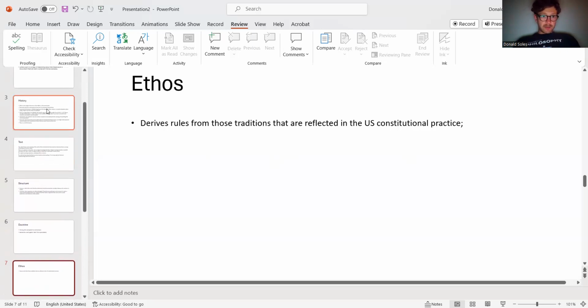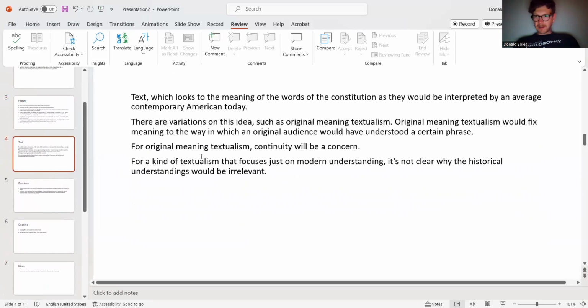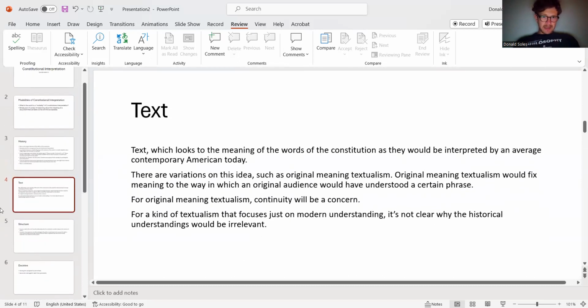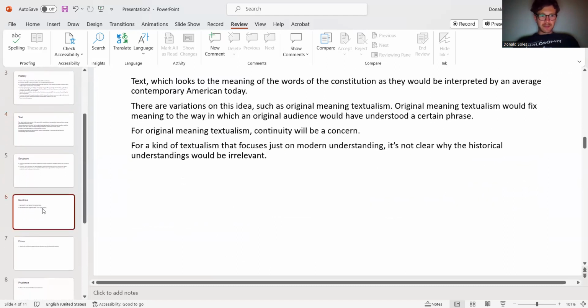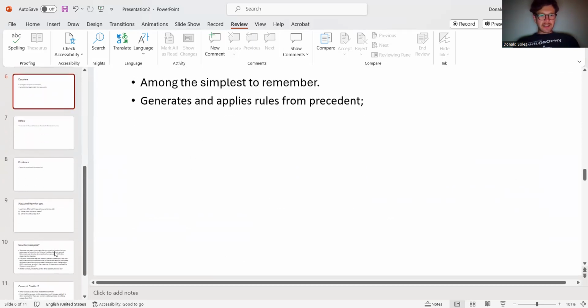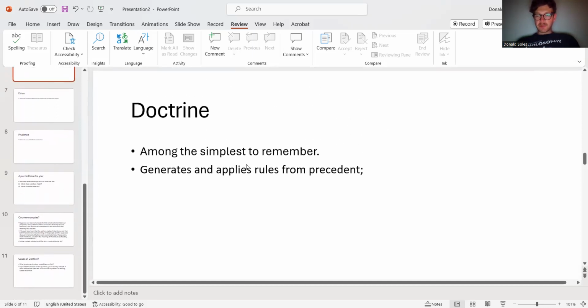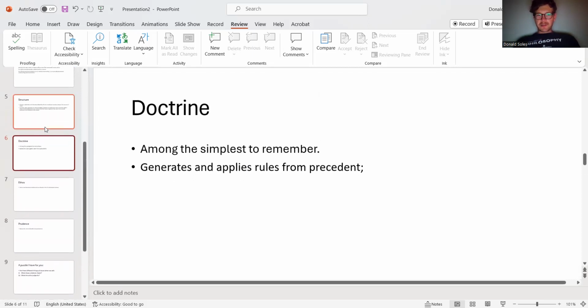But of course, people will come along and say the authors never intended for there to be such a right, or people wouldn't have understood there to be such a right of privacy just by reading the text. And it doesn't seem to be implied by any of the structure of government, and it's certainly not implied by any kind of doctrine or precedent that came before. And so what are we to do with this ethical argument? You'll basically see the rise and fall of eras of the Supreme Court based on which of these modalities of argument the court or the majority of its constituents hold to be persuasive at the time.